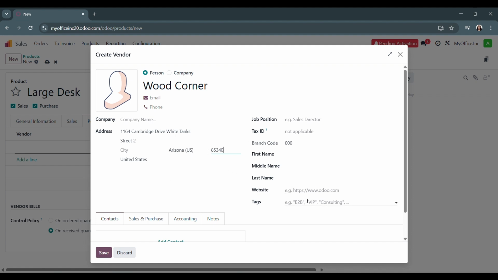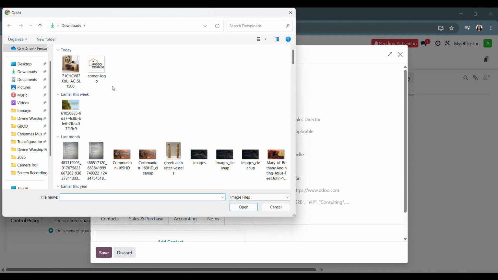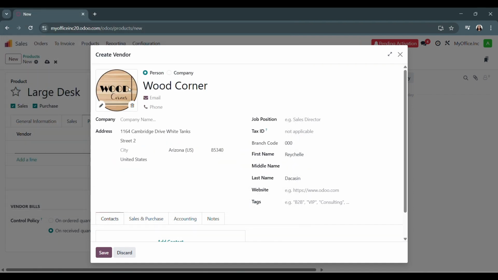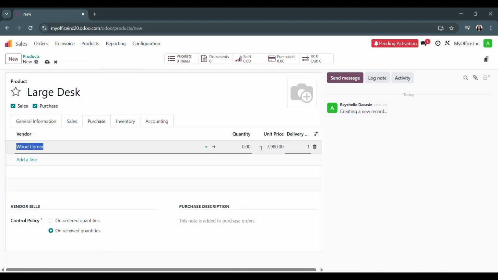After that, go to tags, type fixed asset, and put your first name and last name. And put your logo. Now, save, then back to Wood Corner and type the quantity as 1.